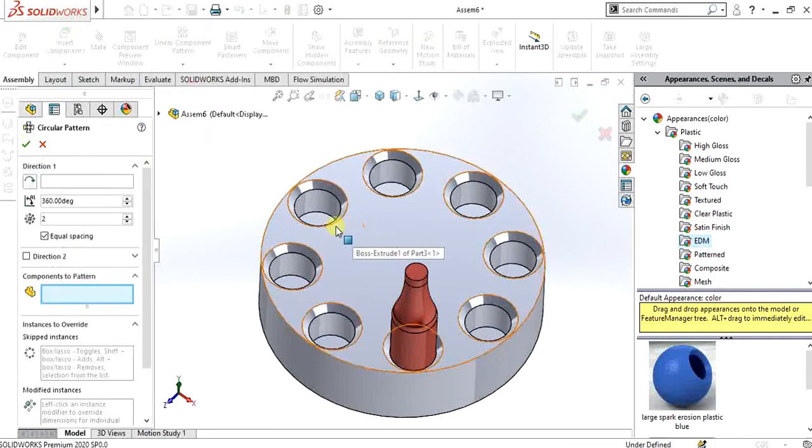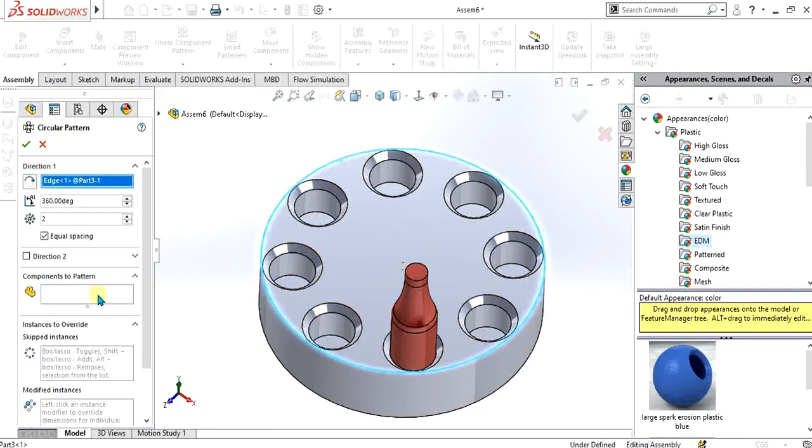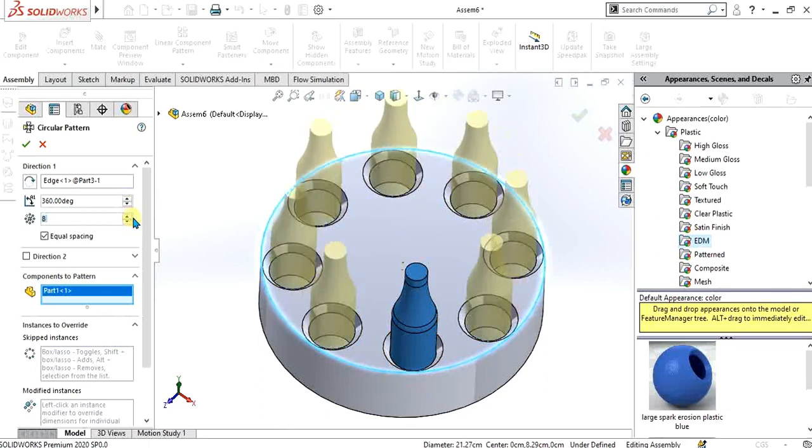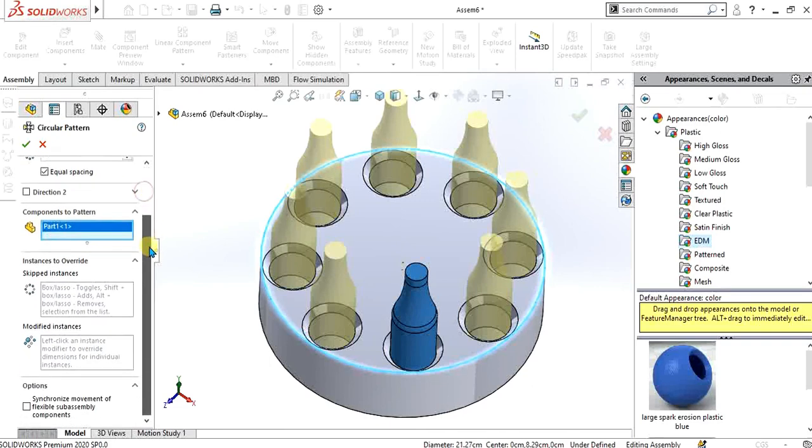So select circular component pattern. From here you will select the circle, and from here you will select the component you want to pattern like this. So we have 1 2 3 4 5 6 7 and 8 holes, so we will select 8 from here. These are the number of instances, and this is our angle of 360 degrees.